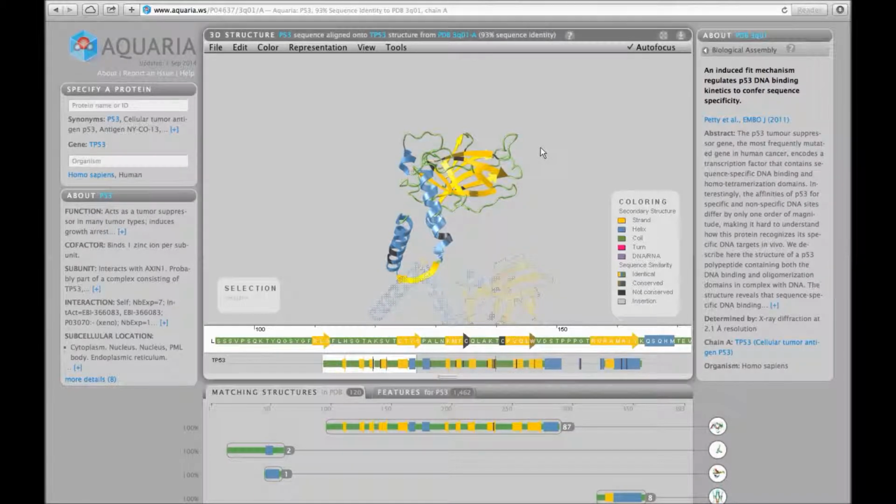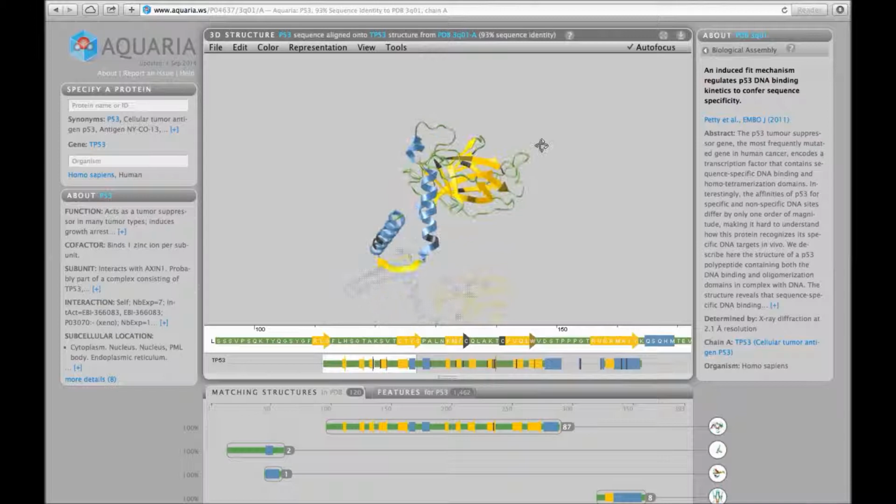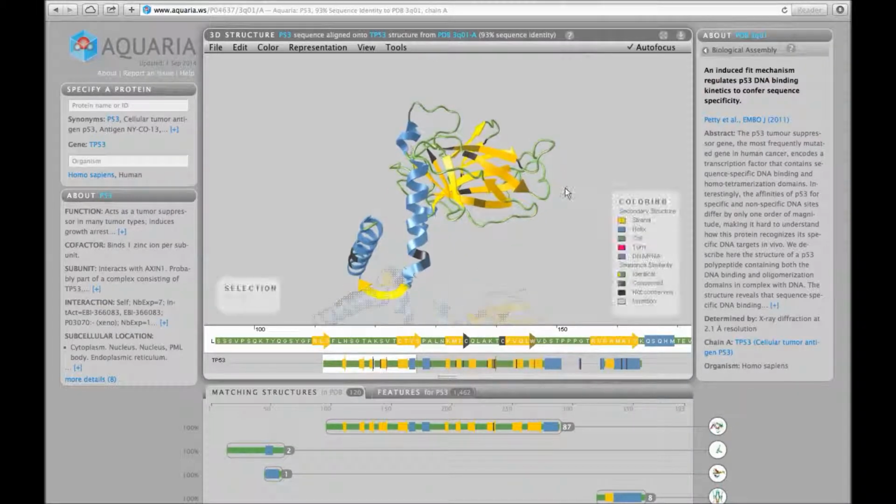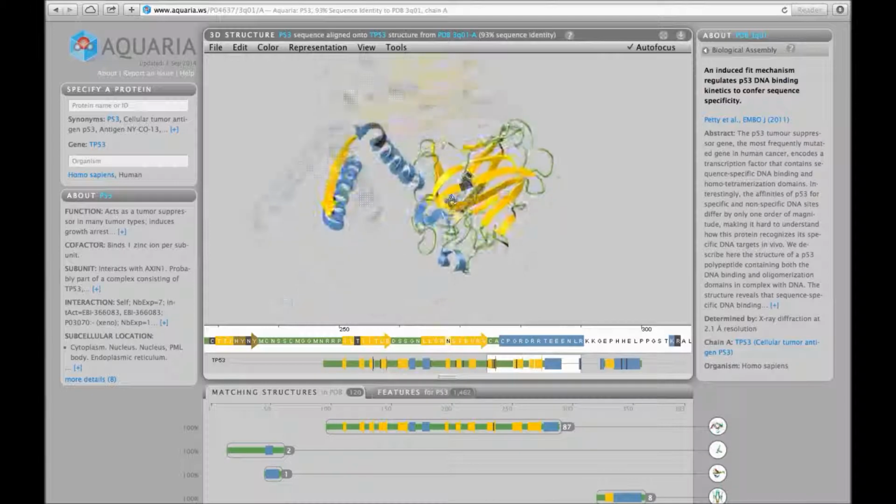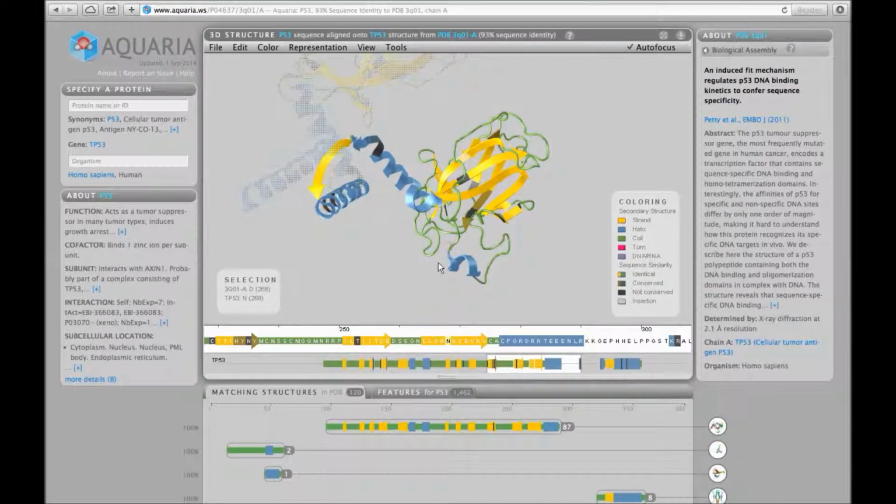The molecule is initially colored to indicate secondary structure elements, but this is augmented by dark coloring for residues in the structure that differ from the specified protein sequence. Clicking on one of these darkened residues lets us compare the amino acid occurring in the structure with that in the wild-type P53 sequence. We see that, in this structure, many residues differ from the wild-type P53 sequence that we